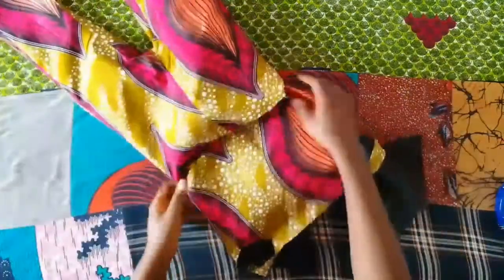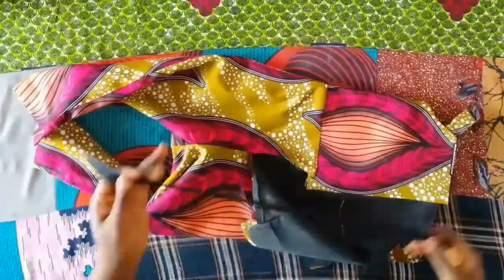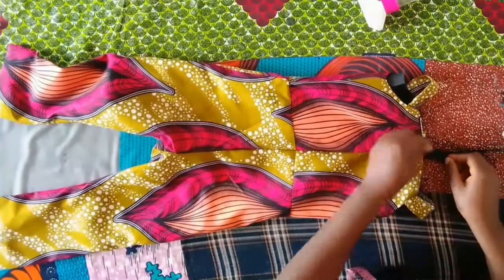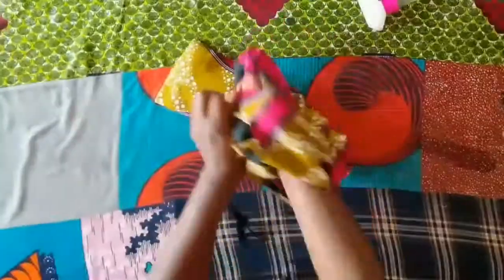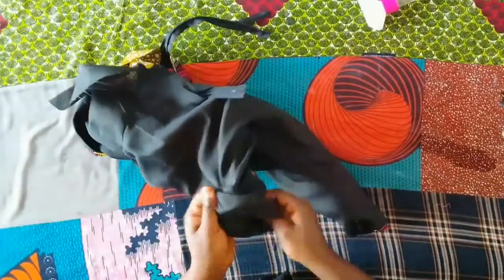So I'm sewing lining to lining, main fabric to main fabric, all sewn, and this is what we have. Now I'll be fixing an invisible zipper at that back. Now I fixed the invisible zipper only on the main fabric. I didn't fix the zip on the lining piece. So now I'm turning it out, and next I will be sewing the